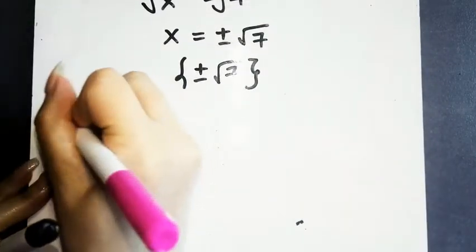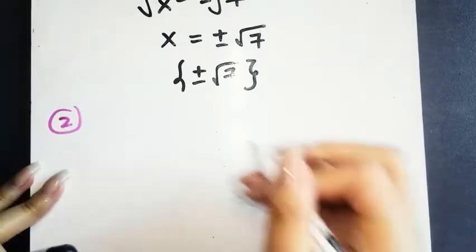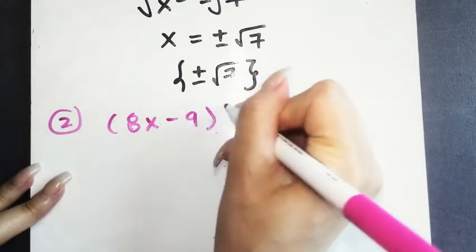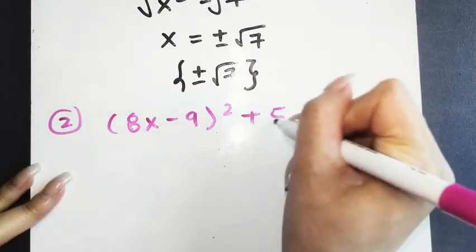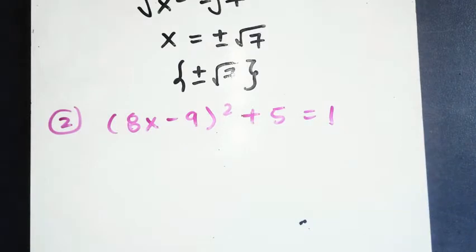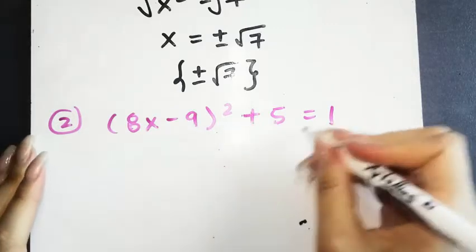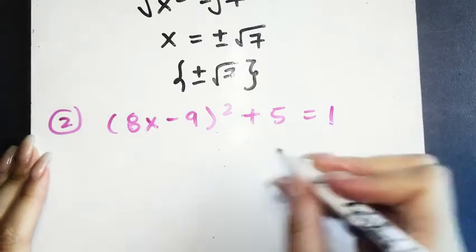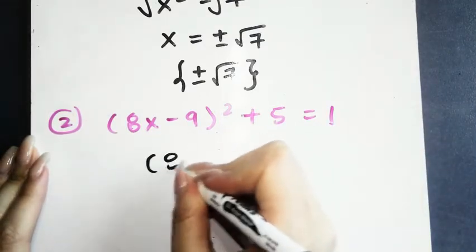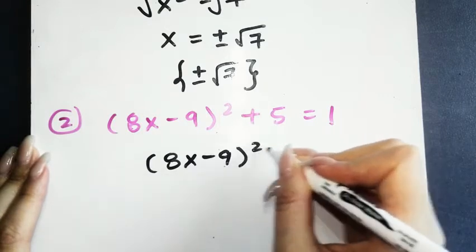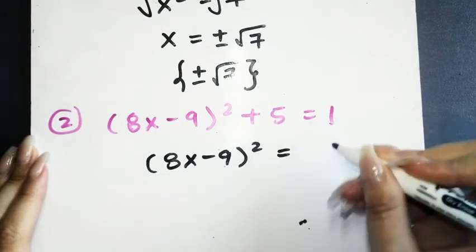Okay, so we have that number 2 is going to be (8x minus 9) squared, plus 5 is going to be equal to 1. In this case, what you want to leave alone, so you can apply the square root property, is all this chunk. So we're going to move the positive 5 to the other side as negative, so you have (8x minus 9) squared is going to be equal to 1 minus 5, which is